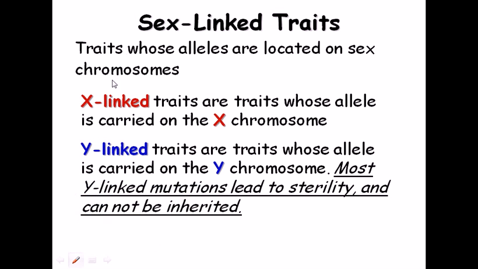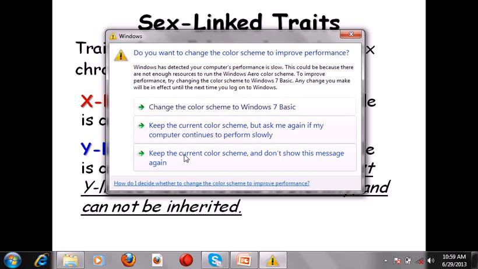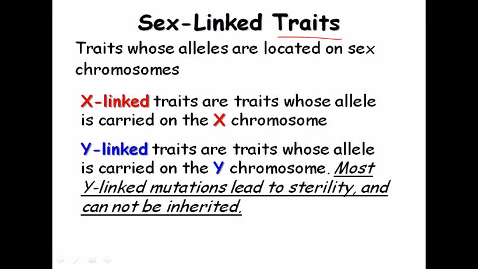Okay. Now, the traits whose alleles are located on sex chromosomes are also called the sex-linked traits. What are traits? We know about traits from the previous videos: traits means the characteristics of a particular type. For example, if you are talking about the height of an organism, then height is a trait. If we look at the color of an organism, then color is a trait, and so on. A trait can be found in autosomes, and it can also be found in sex chromosomes.